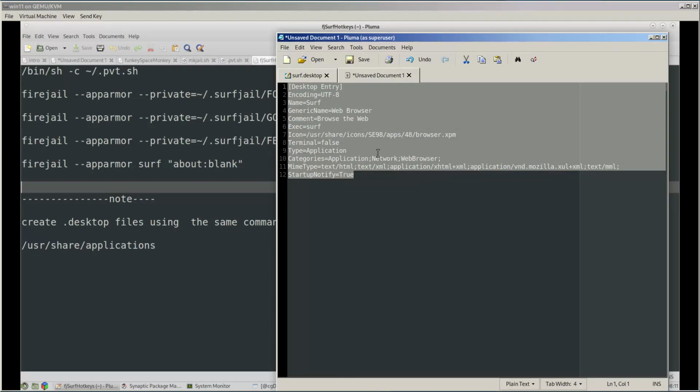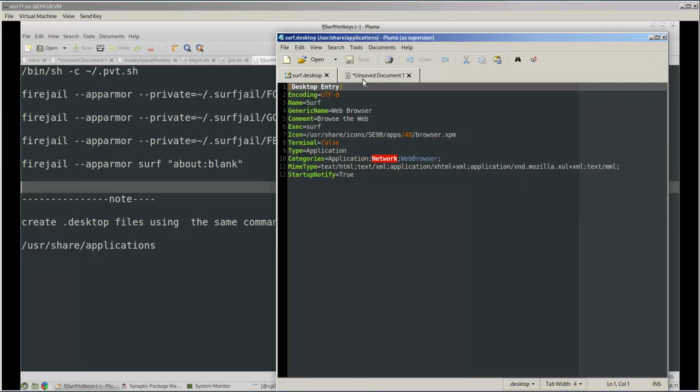This is the Surf desktop file from within /usr/share/applications. I opened it using the superuser. I just copy this and paste it into a new unsaved file, and then I'll rename this